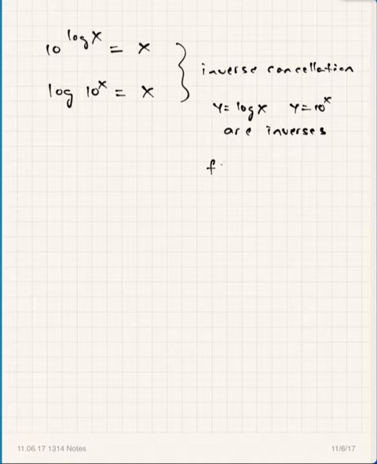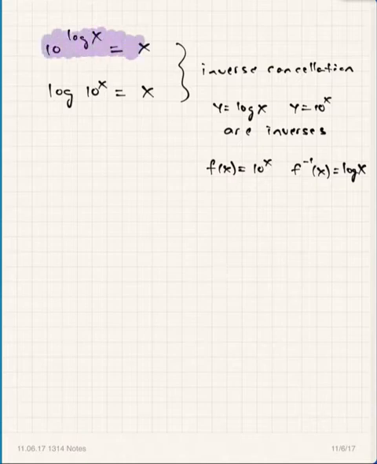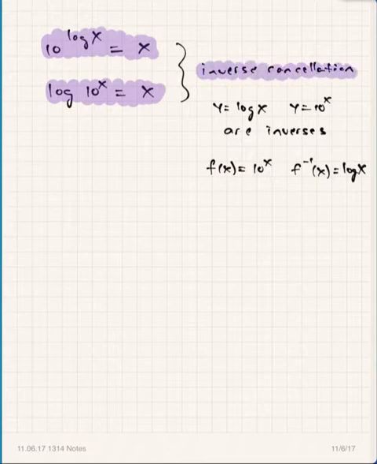So if f of x is 10 to the x, that exponential function, then f inverse x is log x. That's the common logarithm. So this is inverse cancellation right here. First of all, these two properties are saying if you have a base 10 logarithm and a base 10 exponential expression and you operate with them together, one after the other on x, it's like you're not doing anything at all. It's called inverse cancellation. And that's telling you that log x and 10 to the x are inverses of each other.